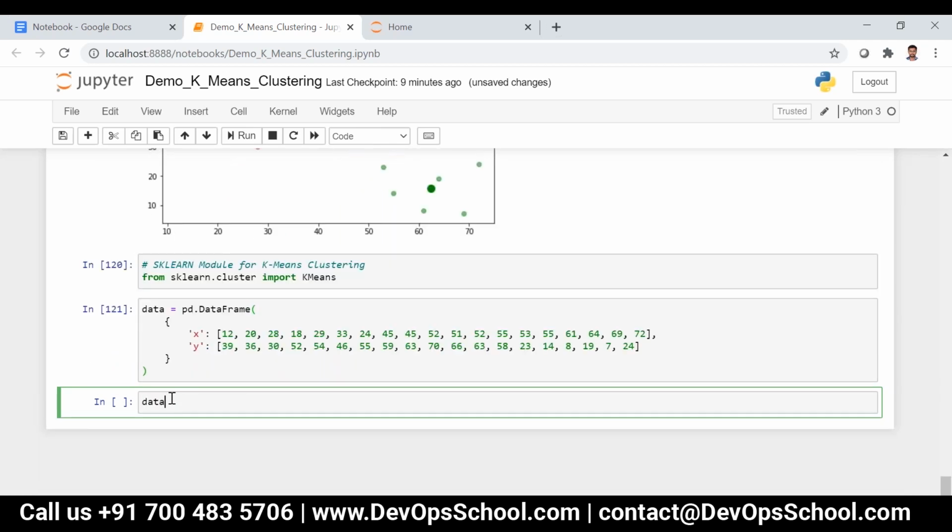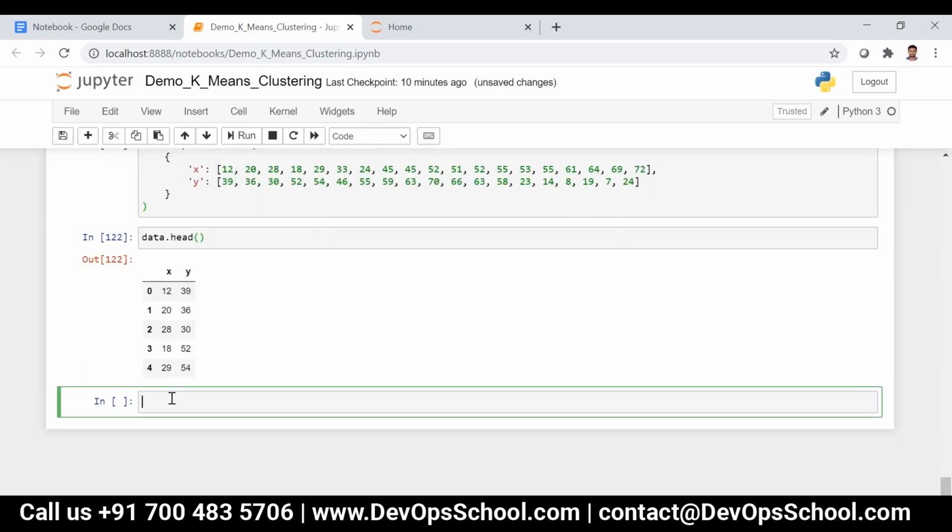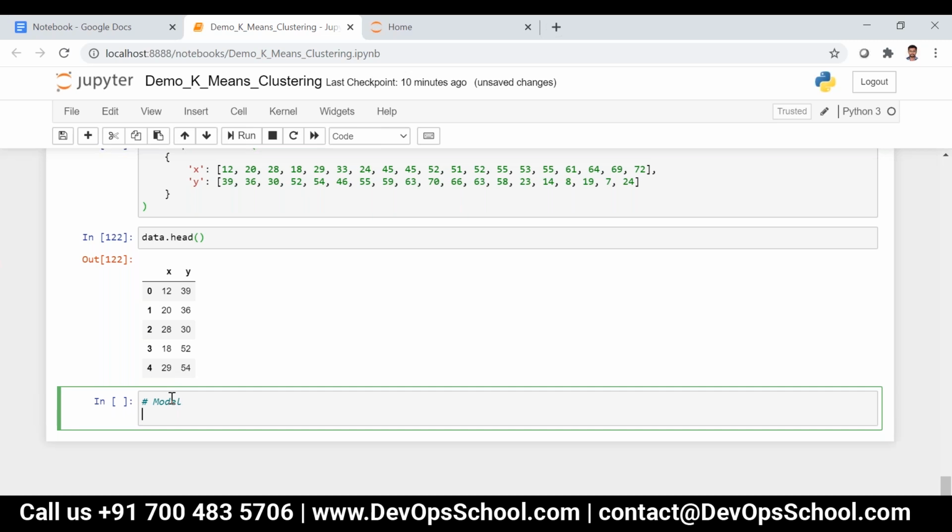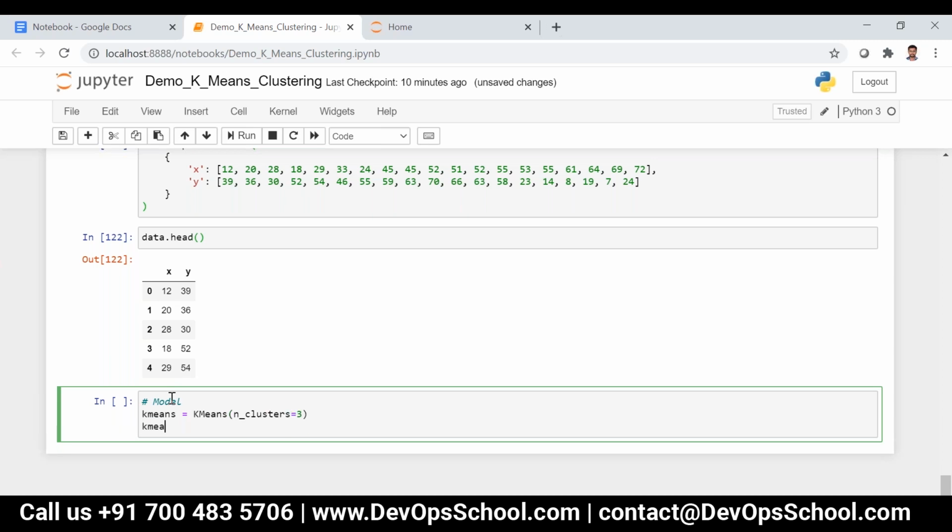All right. So let's say data.head, something like this. Now I'm just going to build the model, that is kmeans equal to KMeans(n_clusters=3), and then I'm just writing kmeans.fit(data).